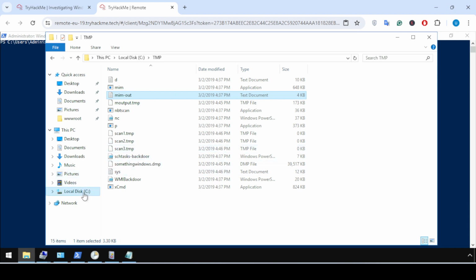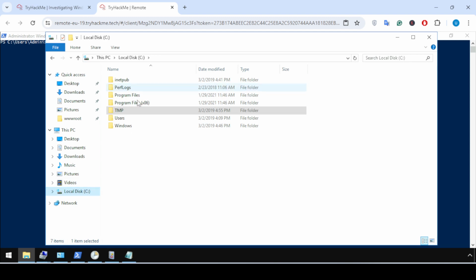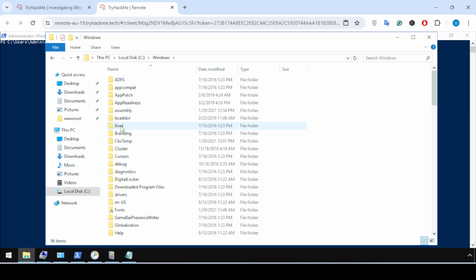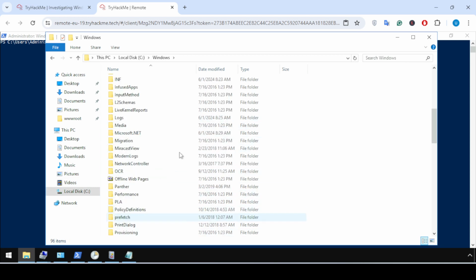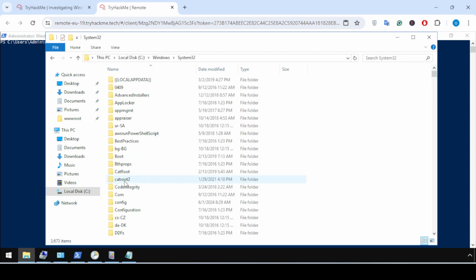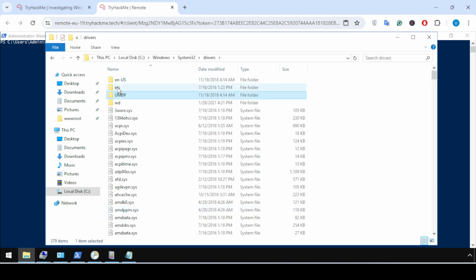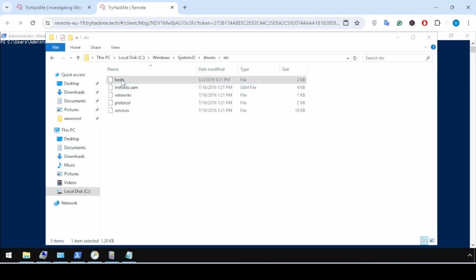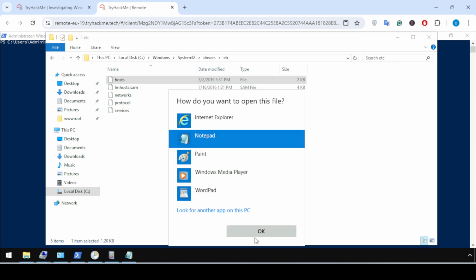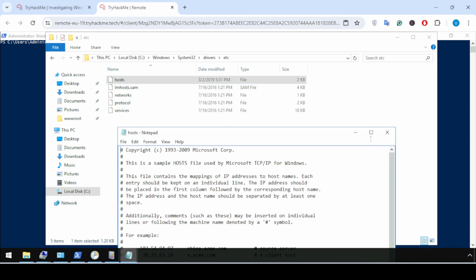For this purpose we need to open C, then go to system32, drivers, and then the hosts file. When I open it, see,